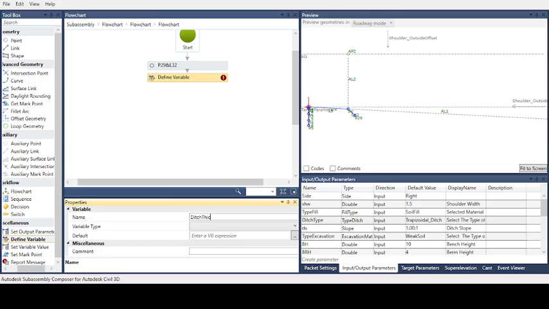Ditch thickness horizontal 1, we can insert ditch thickness horizontal because we are not defining it, and the type is double for this value, and